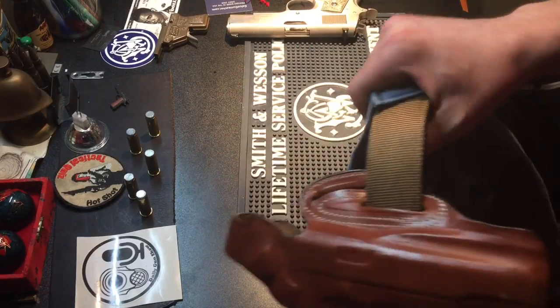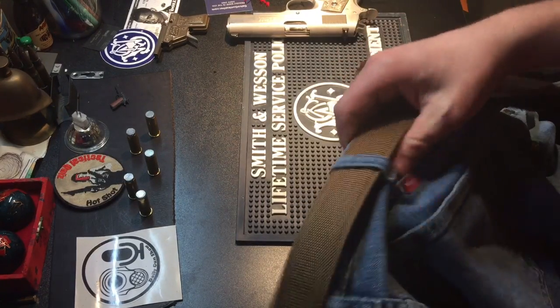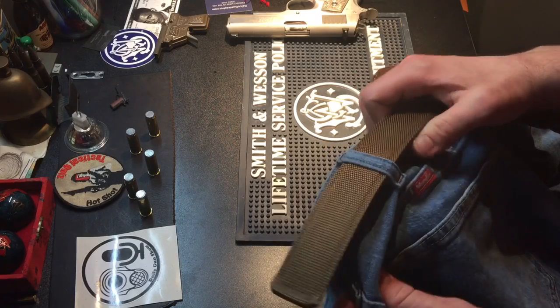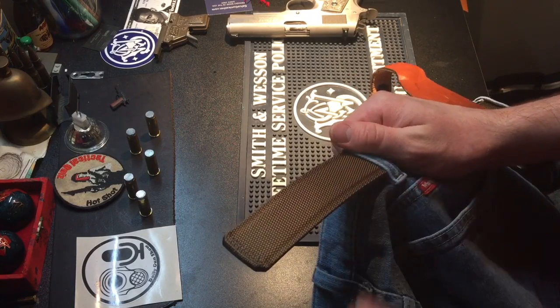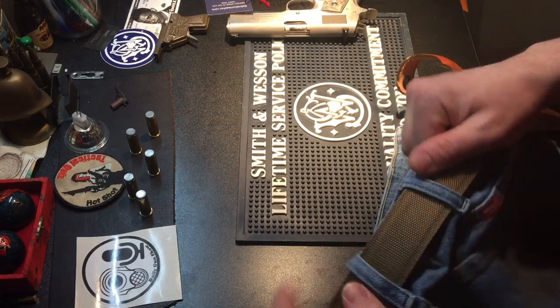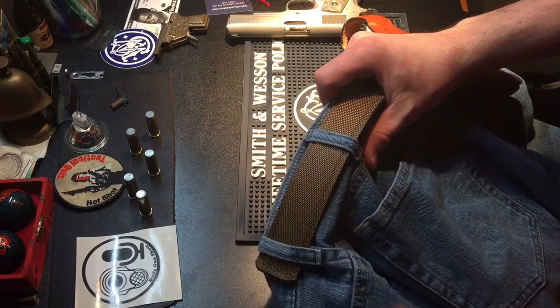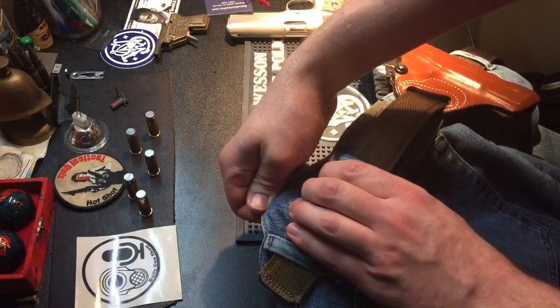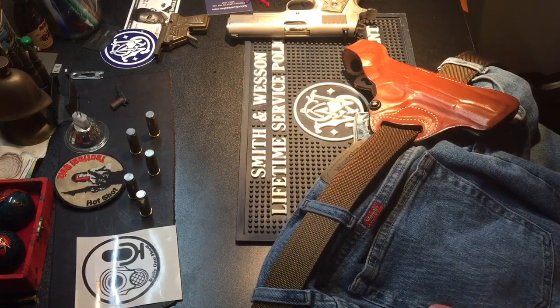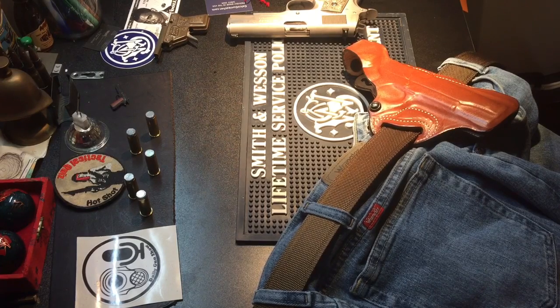And you'll notice a lot of people, as they're putting on their belt, will go through a belt loop, put the holster on the belt, and then continue to feed it through belt loops. What happens when you do that is you've got a belt loop here and a belt loop here, and your holster here, and the holster is going to pull on your belt in between the belt loops. And while having a really good belt is going to eliminate a lot of that, you're still going to have some discomfort,